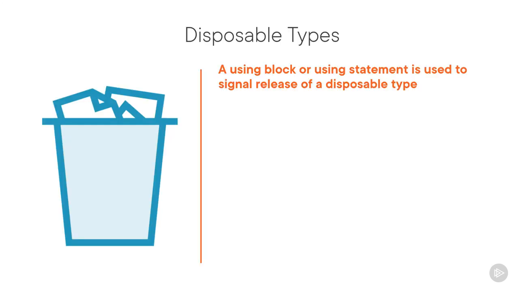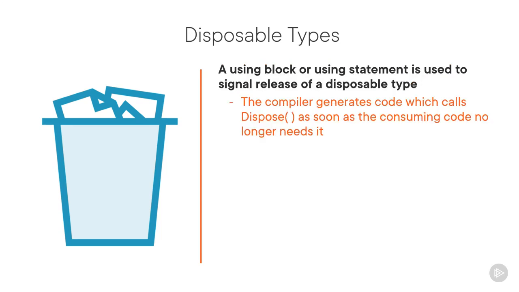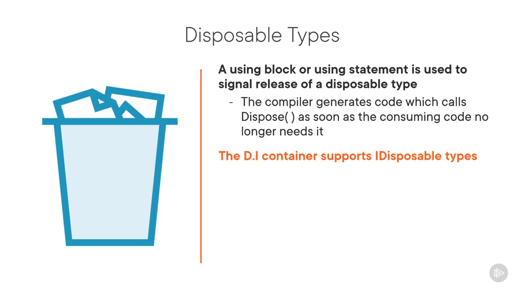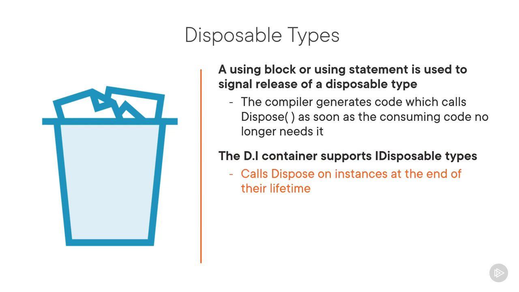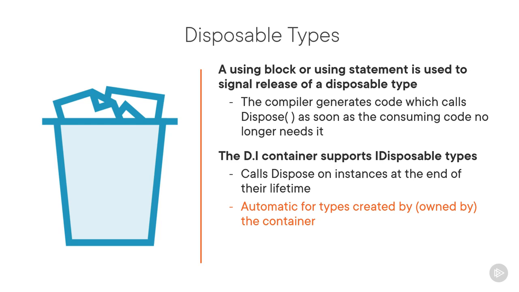Consuming code can signal that it no longer requires a disposable type with a using block or using statement. These language features ensure that the Dispose method is called on the IDisposable type when our code no longer needs it. The Microsoft Dependency Injection container can handle IDisposable types correctly by calling the Dispose method on instances at the end of their lifetime. This occurs automatically for any types that implement the interface and that the container has created